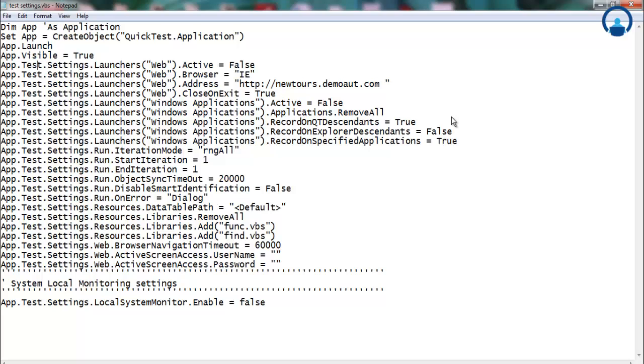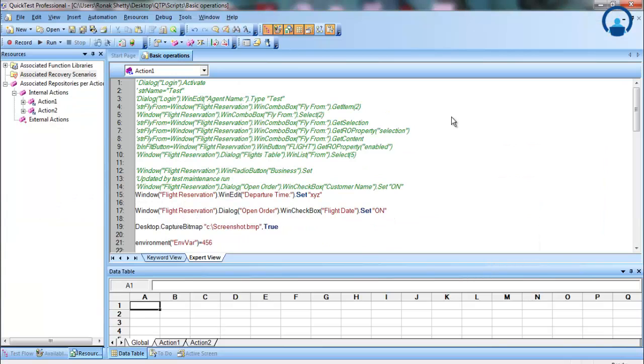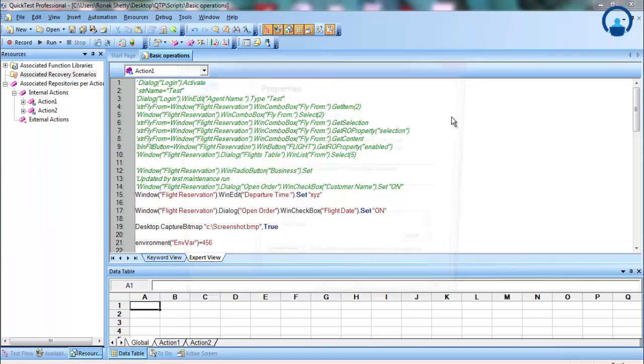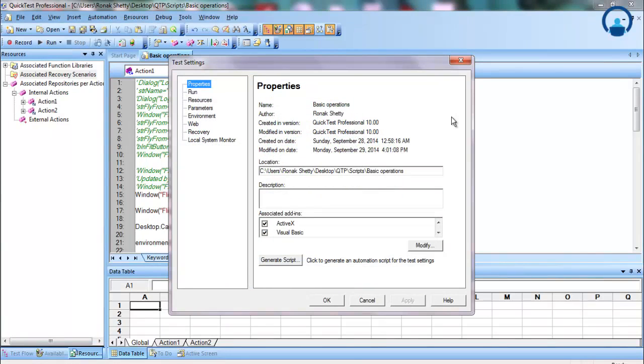Visible equal to, these things we had already seen, and then you'll see object.test.settings. So this is the hierarchy. Okay, so what is this app? App is the QTP object. This object represents the application itself, and we have app.test.settings. Okay, so as you know, we are going to the settings tab, and in settings, in properties,